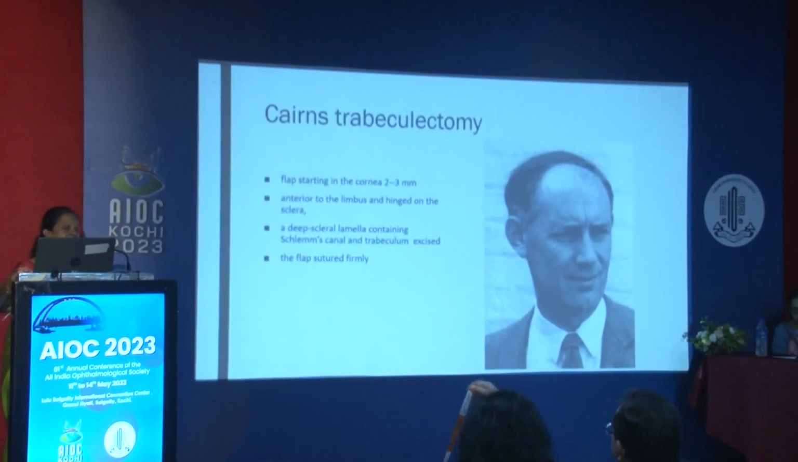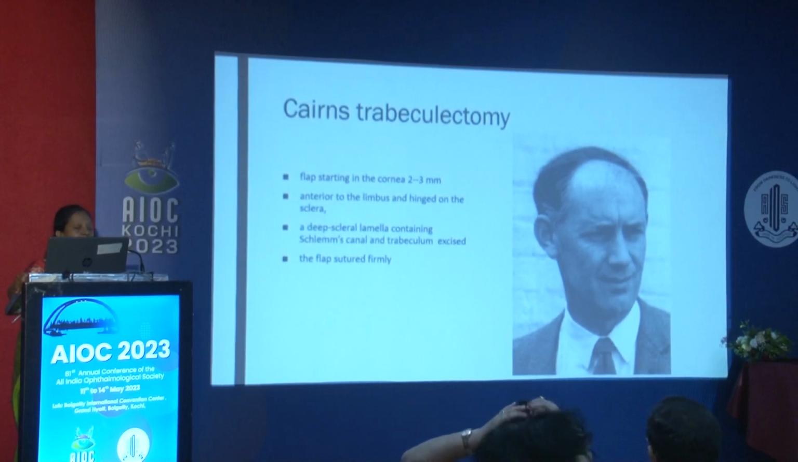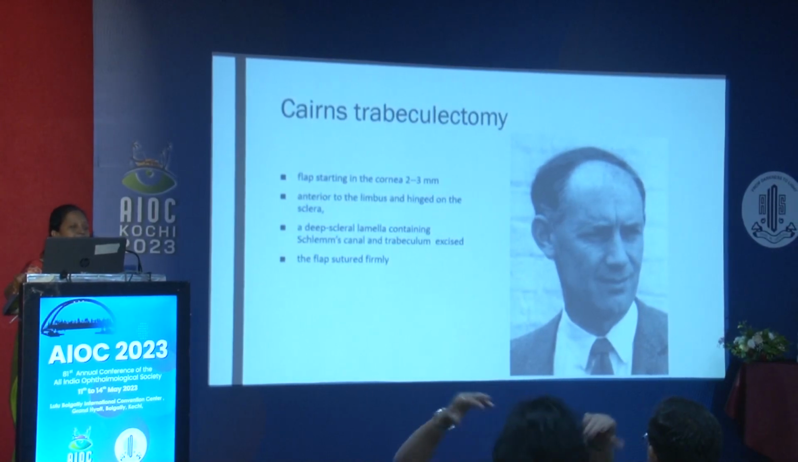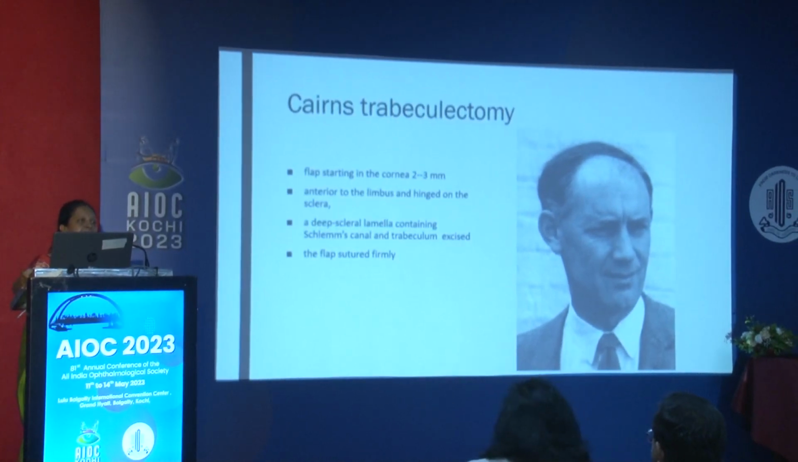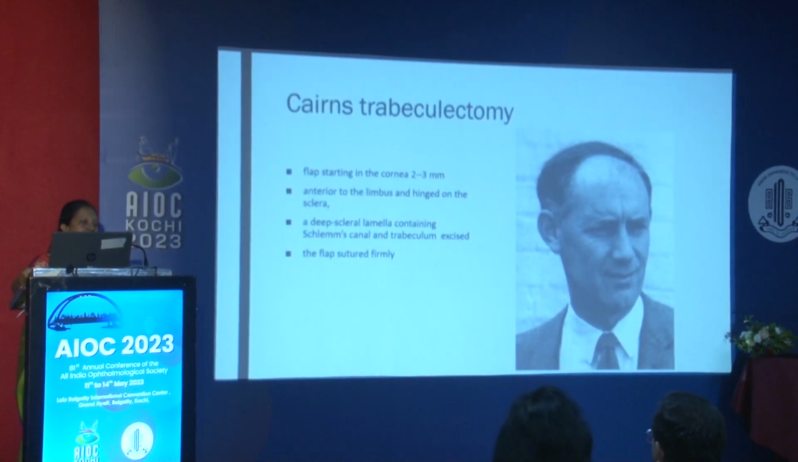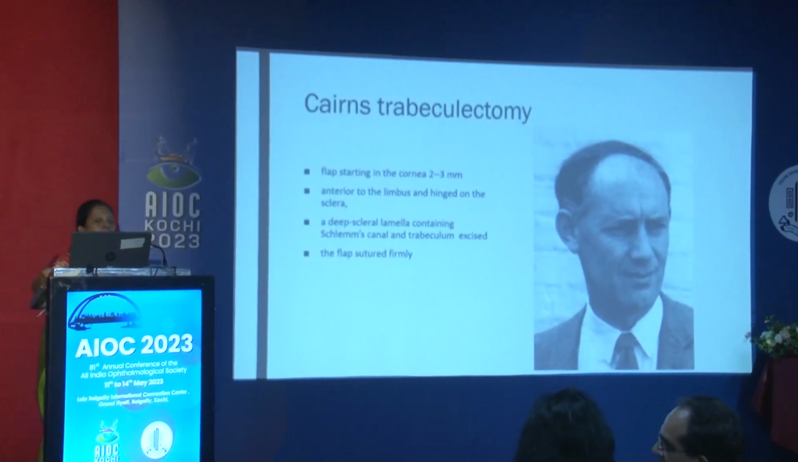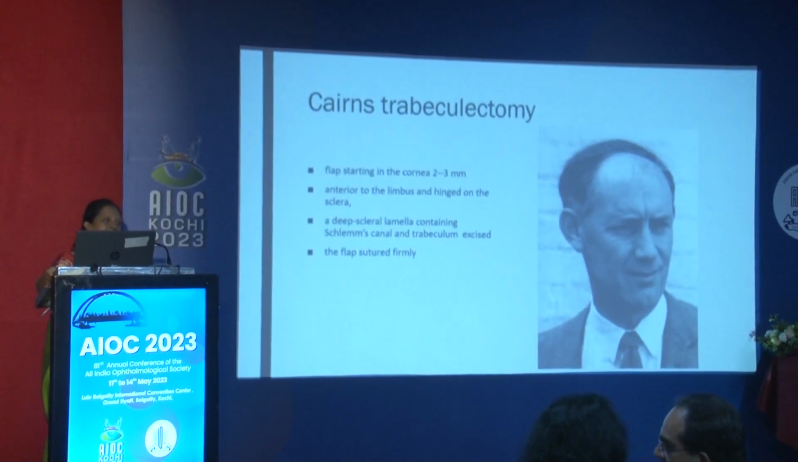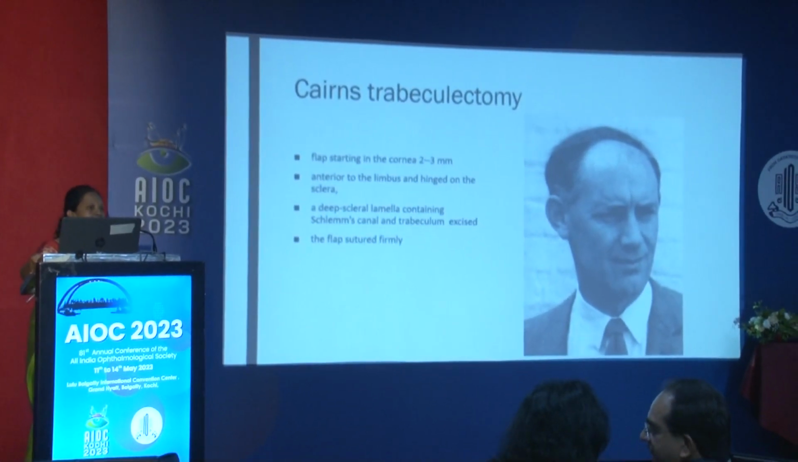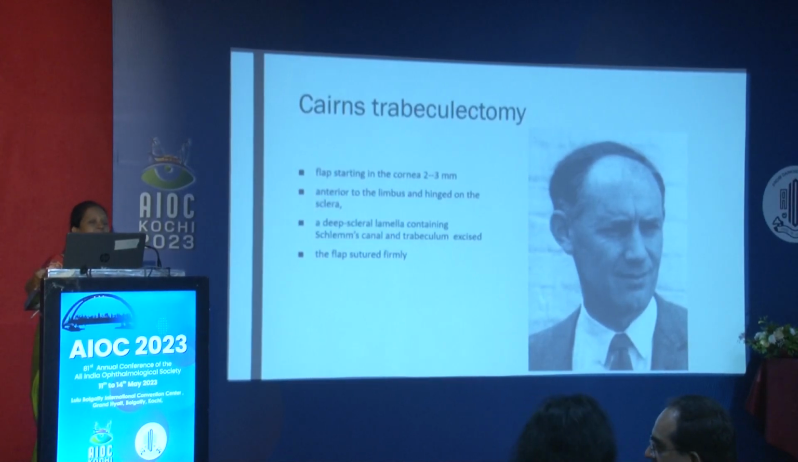In 1968, Sir John Cairns developed the trabeculectomy technique. It was based on the concept that the trabecular meshwork and the inner wall of the Schlemm's canal offered the maximum resistance to the aqueous outflow. And even before Cairns, it was Sugar who actually tried experimental trab on eye bank eyes. In fact, he was the one who coined the term trabeculectomy. So Cairns' trabeculectomy